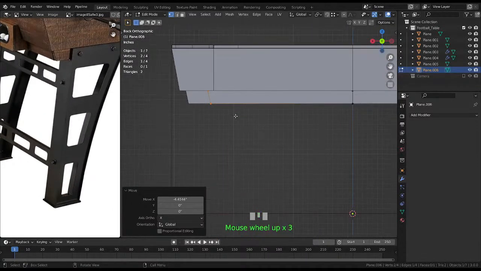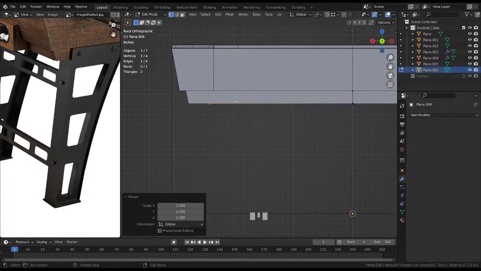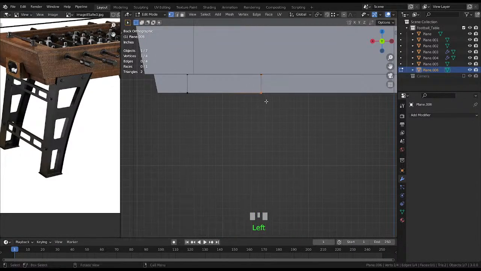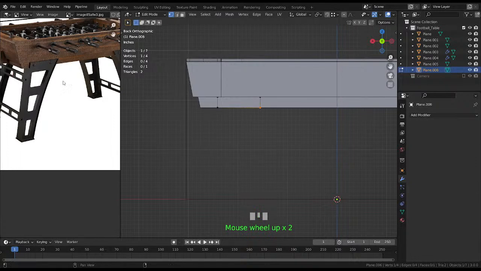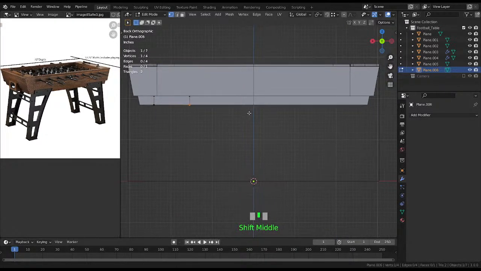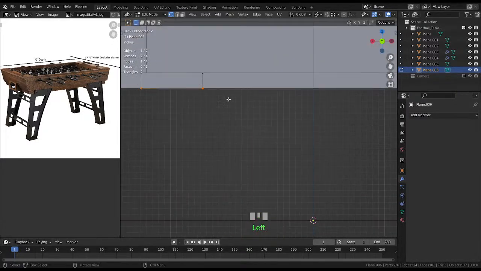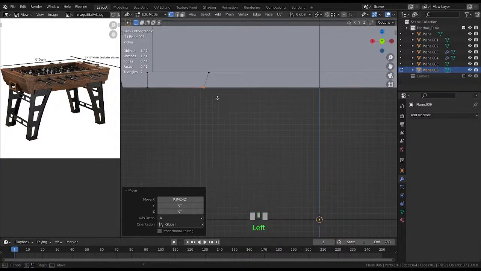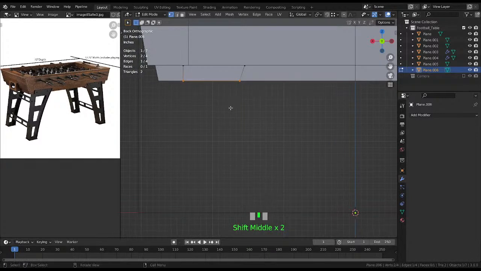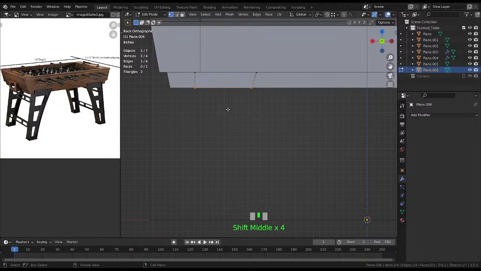So we do have some space here, so scale on the x-axis, like so. Let's move these vertices here. Okay, so I'm just eyeballing this. It's hard to do everything without dimensions, but I think it's fine. So let's extrude